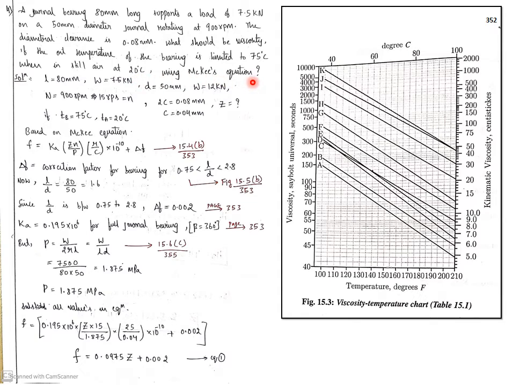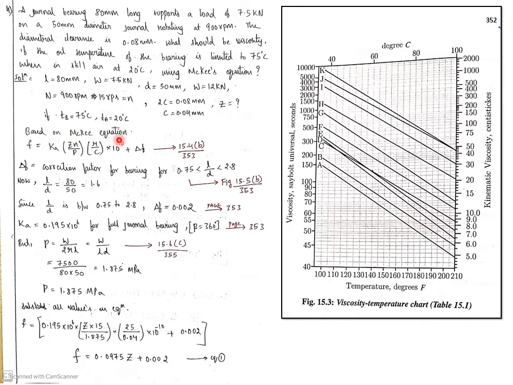So now in this problem he is asking to find the value of viscosity of the oil. Okay, so let's see how to solve this problem. The procedure remains the same, but be in touch with the exact steps to be used to calculate the following parameters. L he has given, radial load he has given, speed he has given, diameter he has given, and the diametrical clearance and the temperatures of the oil and air.